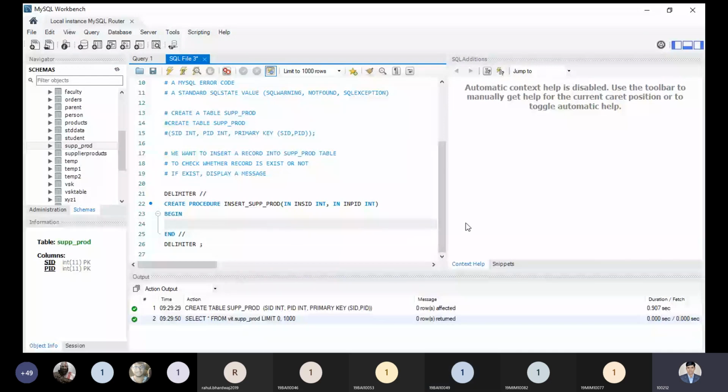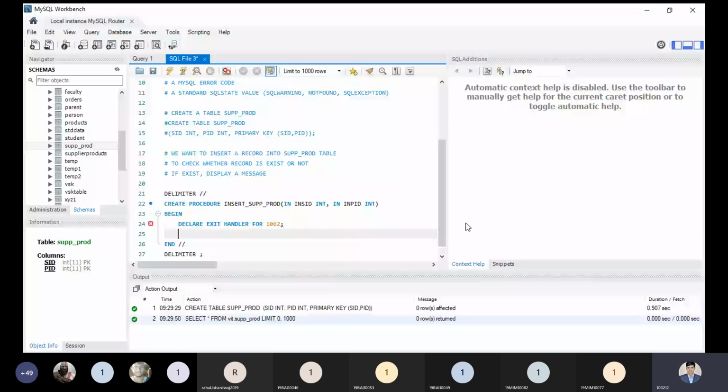So what we are doing? First we need to declare an exit handler for 1062. Is it clear to all? What is the sense over here? DECLARE is a keyword, EXIT is again a keyword, but it is a kind of action.